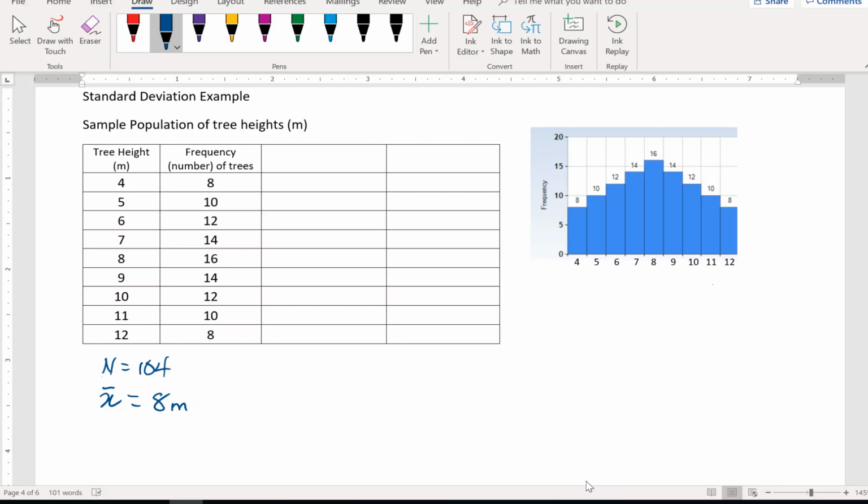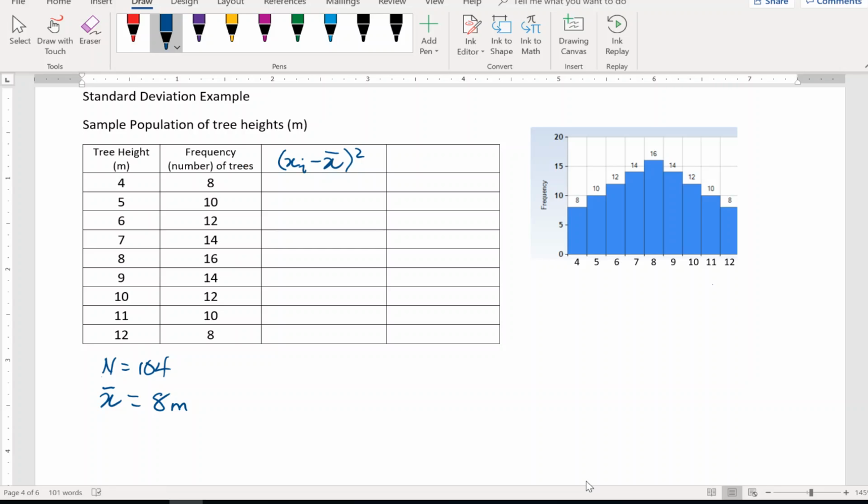And you'll notice that we have done a frequency histogram, and it does follow the normal bell curve or normal distribution. So to do the standard deviation here, let's look at what x sub i minus the mean squared is